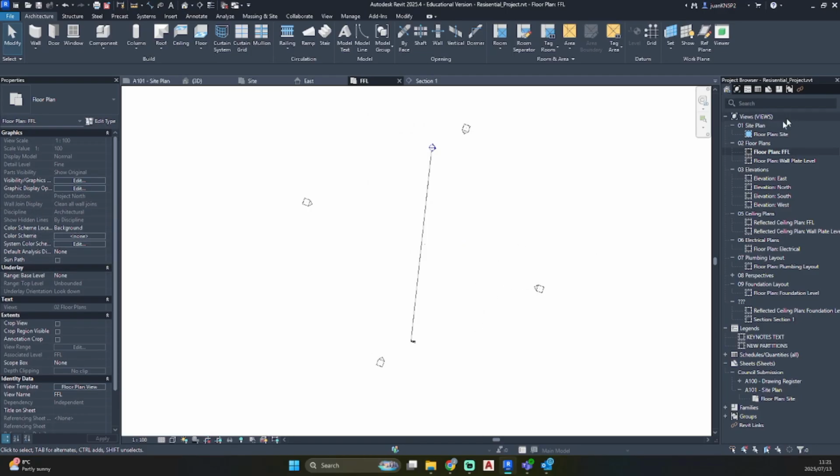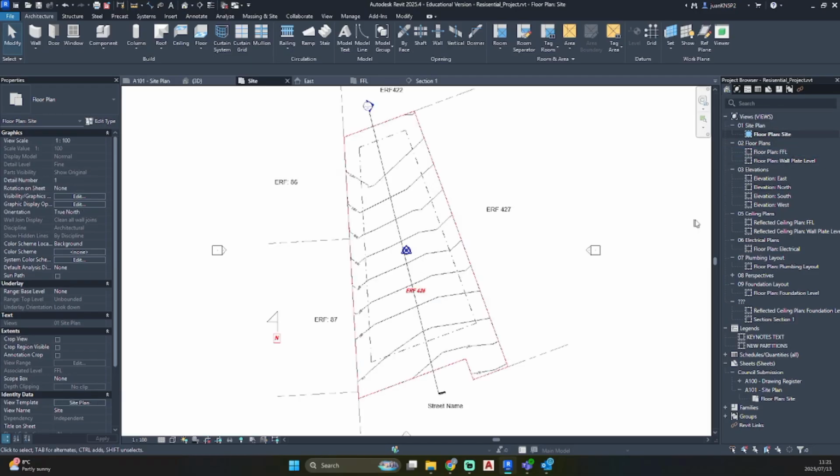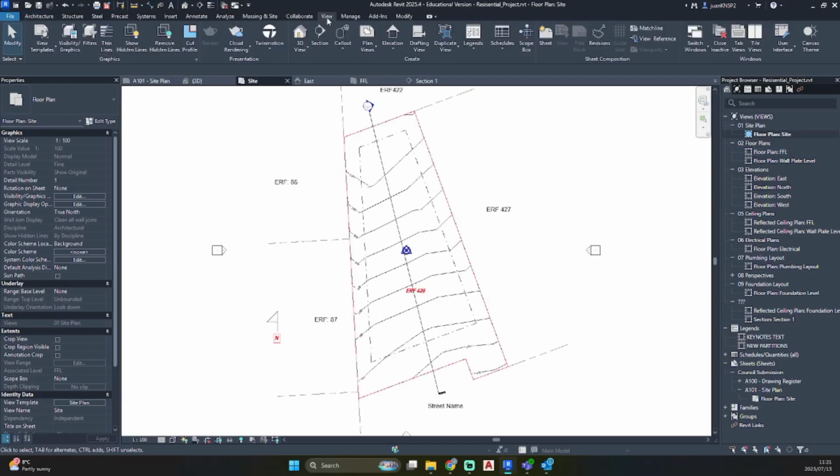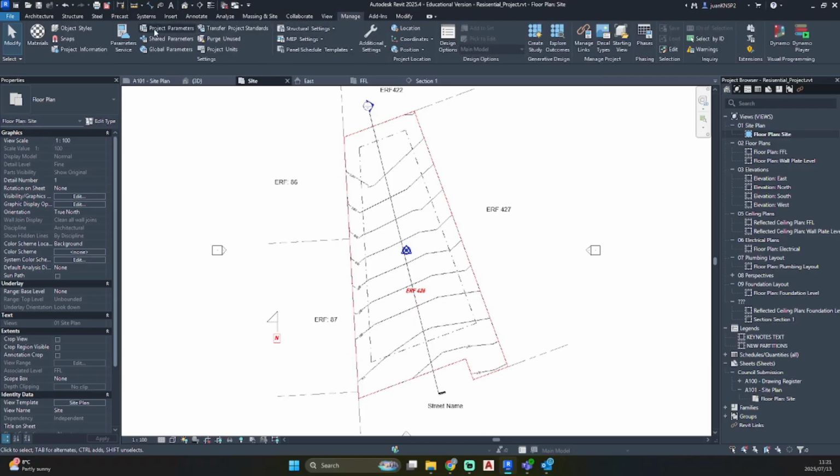So how do we set project north? If you go to your site plan, go to view, manage, and go to under project location, position. If you click on position, you'll see relocate project, rotate true north, mirror project.